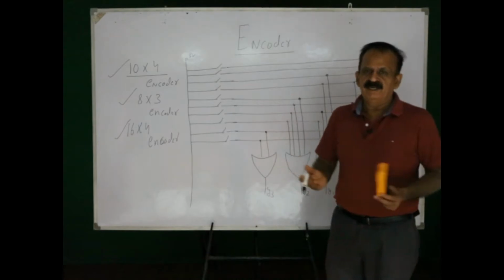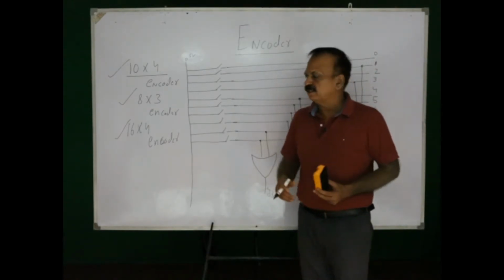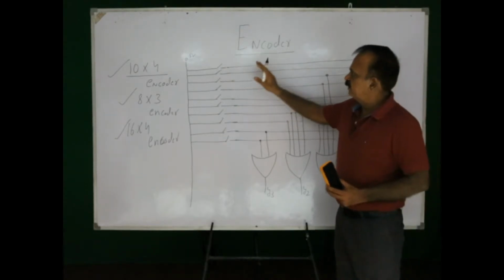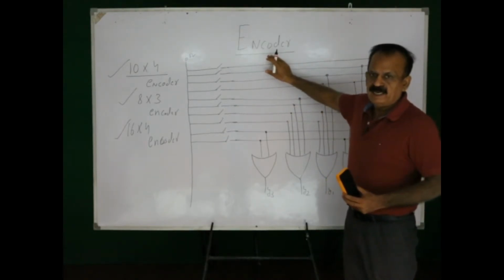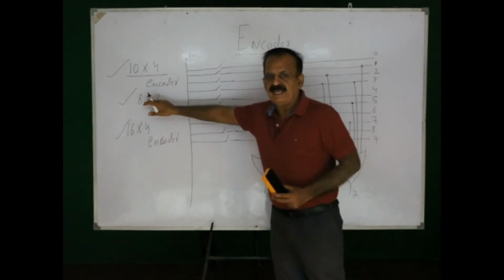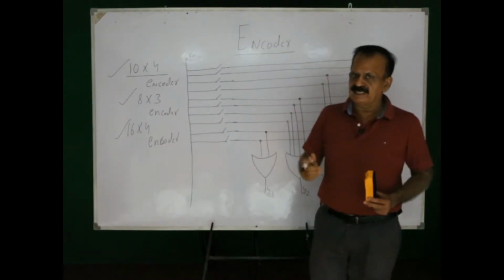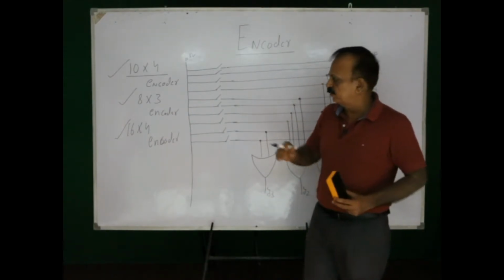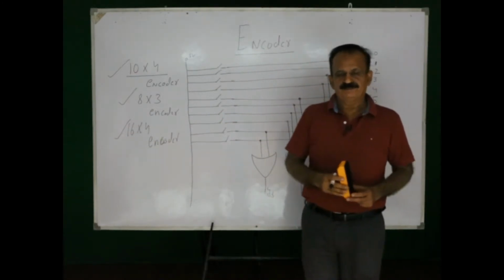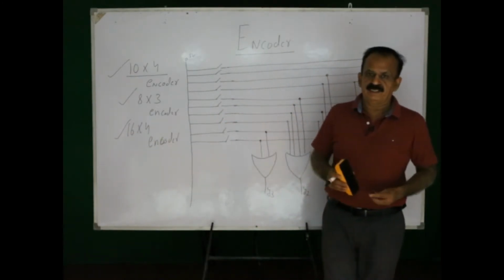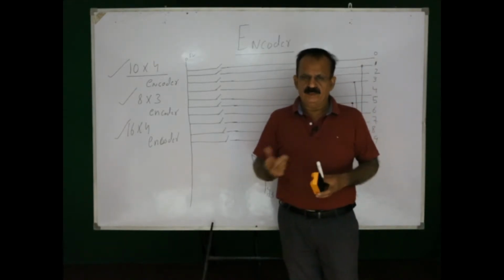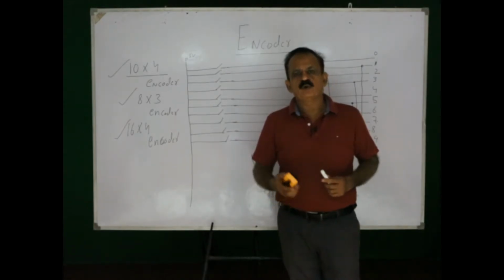So, we can have a circuit as per the requirement. These will be the inputs, that is 10 inputs. I think that this one is a decimal to binary encoder. If it is octal, then it will be 8 by 3, and if it is a hexadecimal to binary encoder, it will have 16 and 4. Now, this particular one is an encoder circuit. Now, let us start with another one, and that one is the decoder circuit.